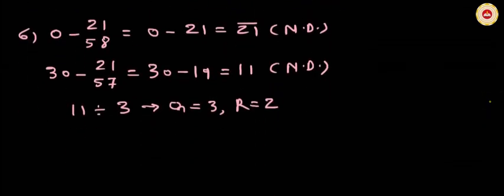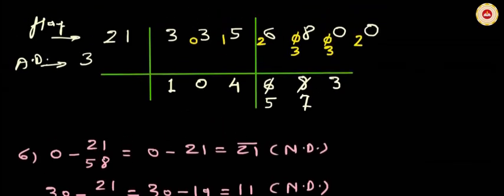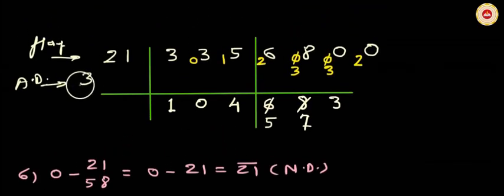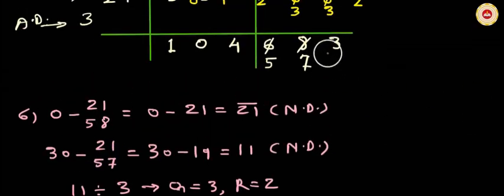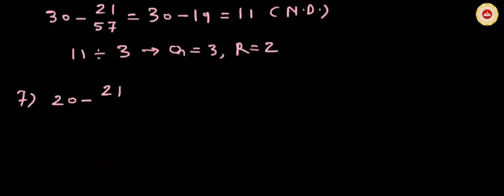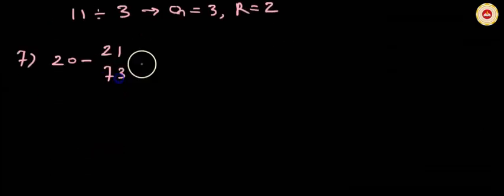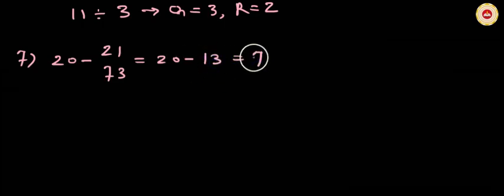So let us calculate the net dividend. In step number 7, we will calculate the net dividend and divide it by the actual divisor 3. So gross dividend 20 minus the cross product of the two flag digits, that means 2 and 1, and the last two quotient digits, that means 7 and 3, which gives us 20 minus (3 2s are 6 plus 7 1s are 7). 6 plus 7 is 13, which gives us 7. Yes, 20 minus 13 is 7. This 7 is the net dividend.